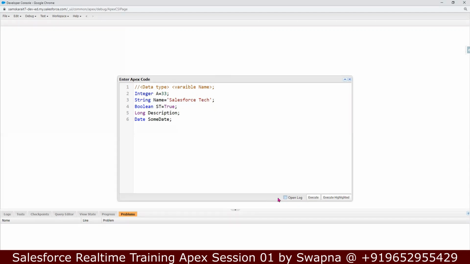First, I'll uncheck this. If I click on the Execute button, it will execute everything that is written in this box. Whatever code is written here, top to bottom, it will by default execute it. But if I say Execute Highlighted, let's assume that I have another